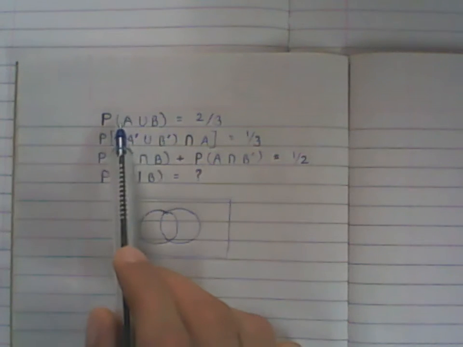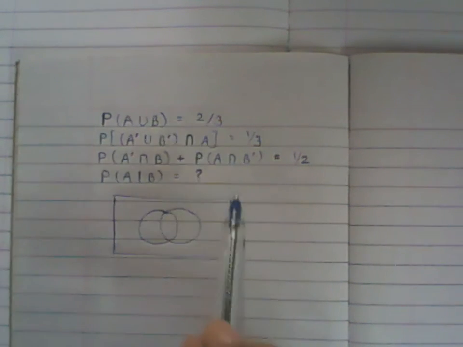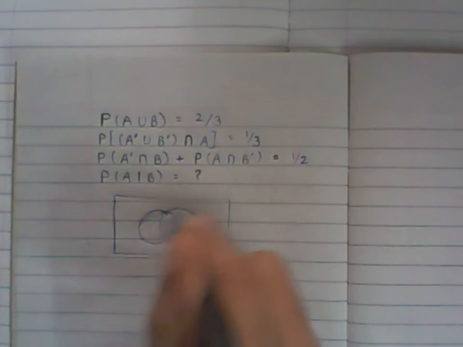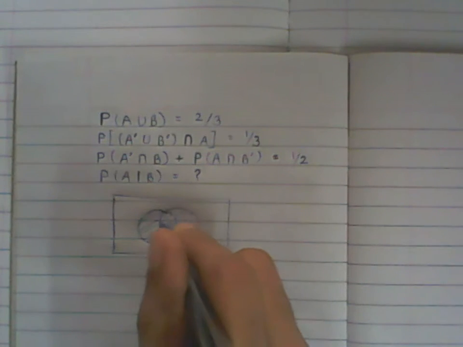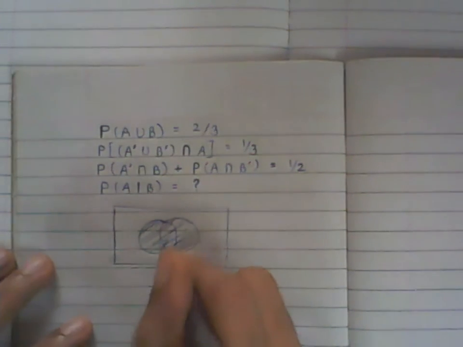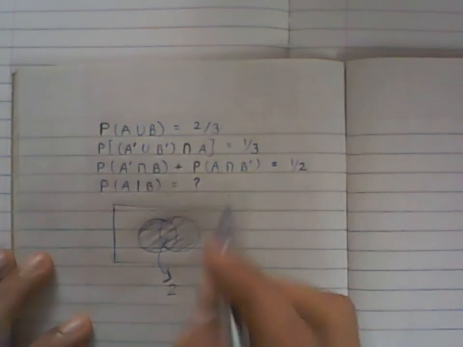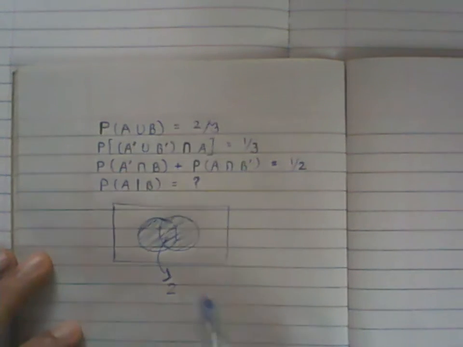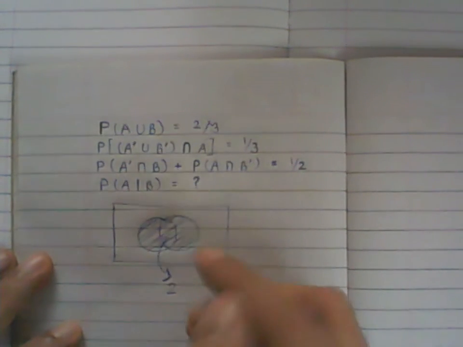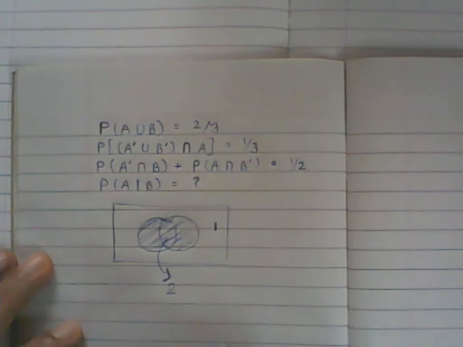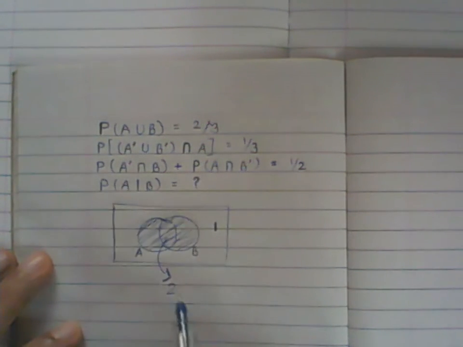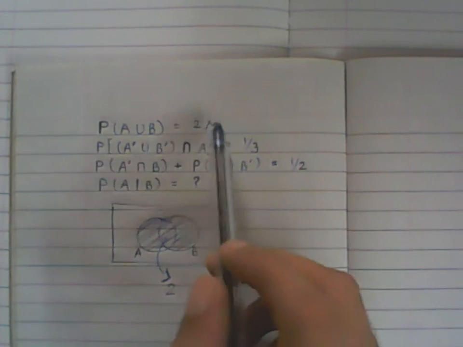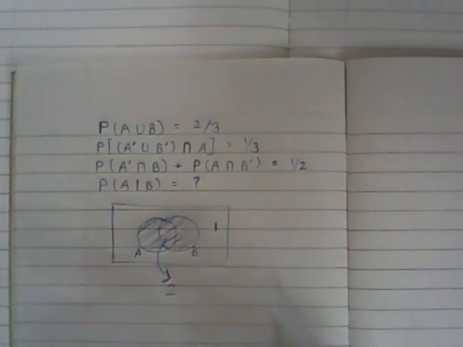So the very first statement says that the probability of A union B is 2 by 3. So what I can do is I can say that the probability of the whole thing, that's A union B, if I want this to be 2 by 3, then there are two items in this whole set, and there are three elements in the whole set. So I can say that outside this shaded region there is one element because the total gives you three. So if I say this is A, this is B, A union B has two elements, and the whole universe has three elements. This two plus this one outside gives you the probability of A union B as 2 by 3.